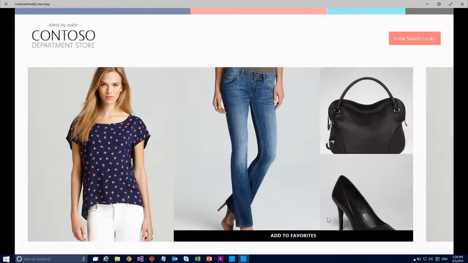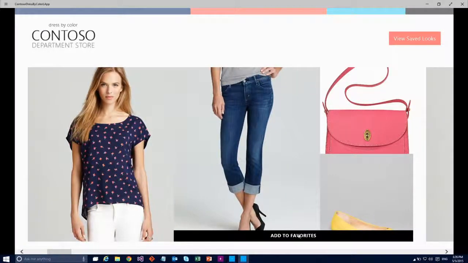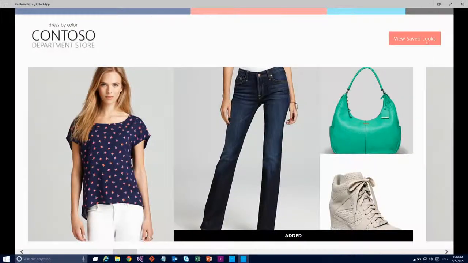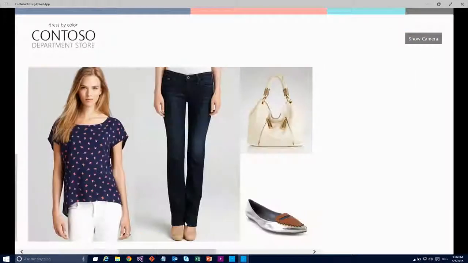You know a color scheme. You know what kind of shirt I want. Well, surely you could start to suggest other things. And indeed, then we have a bunch of suggestions. I love that handbag, so I'll go ahead and add that. Big fan of those shoes, save a couple. And you can actually start creating and saving a bunch of these different looks.